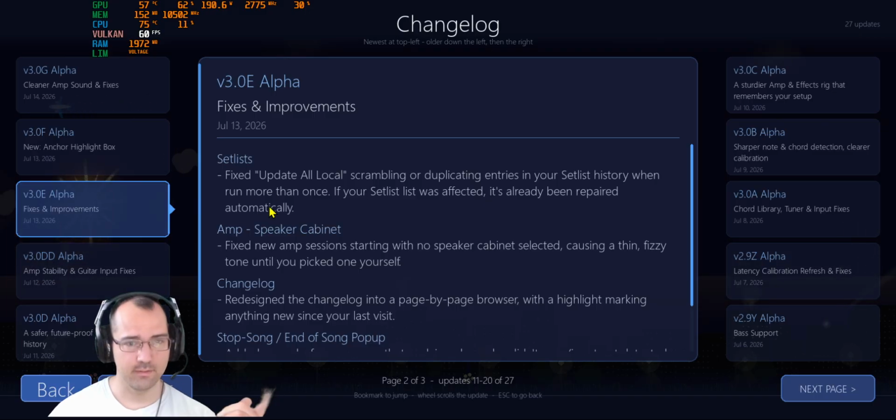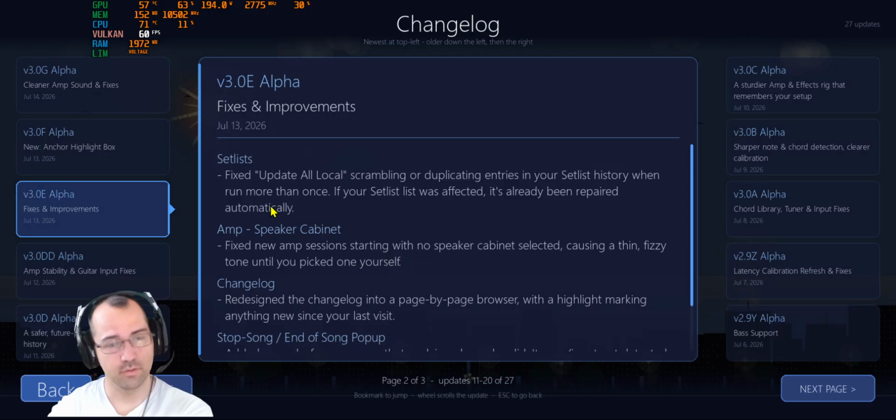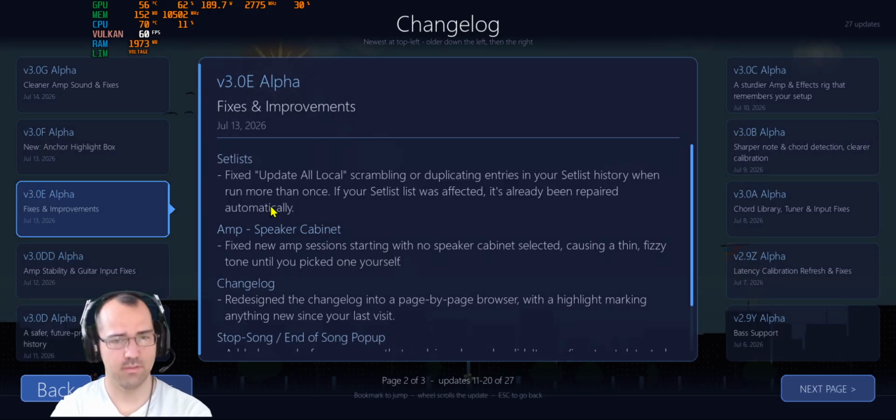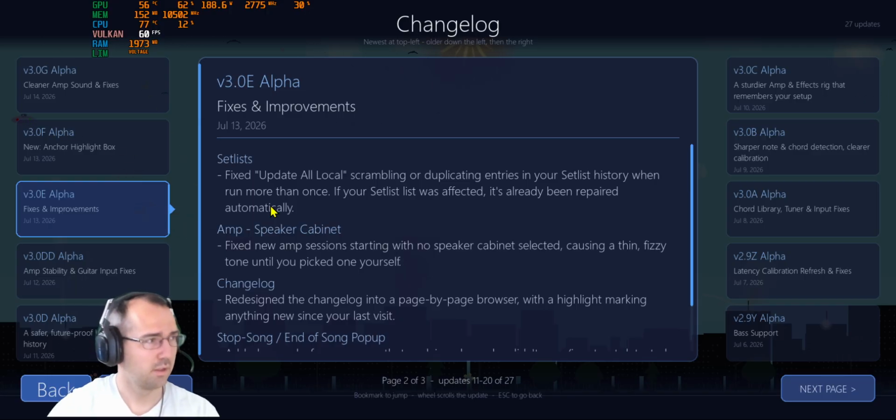When you log in, it's going to automatically fix your database for the set list if your set list happens to have an issue. I'll just keep it at that. There's a bug with set lists. Won't go deep. So also 3.0e,